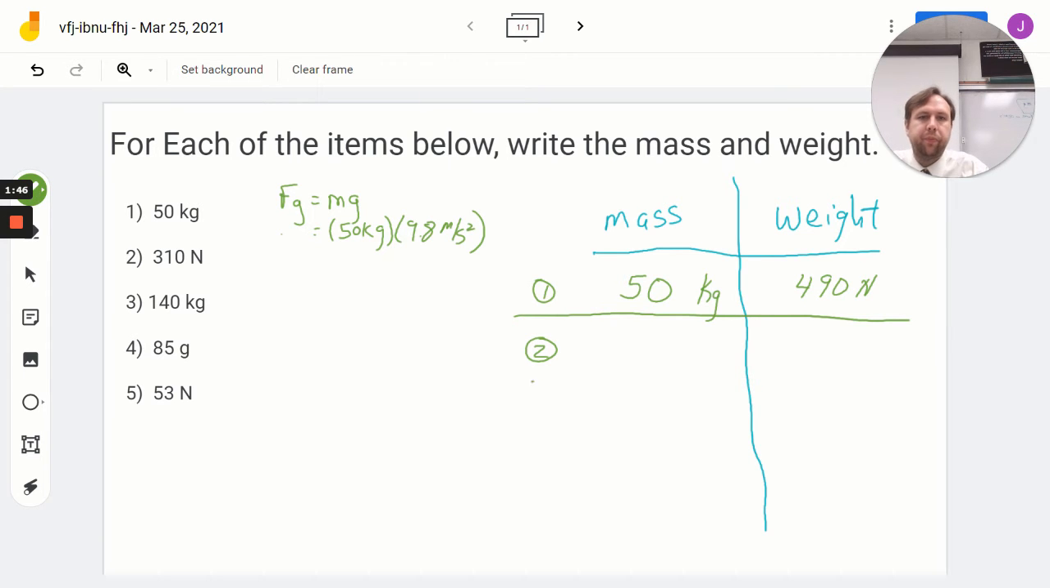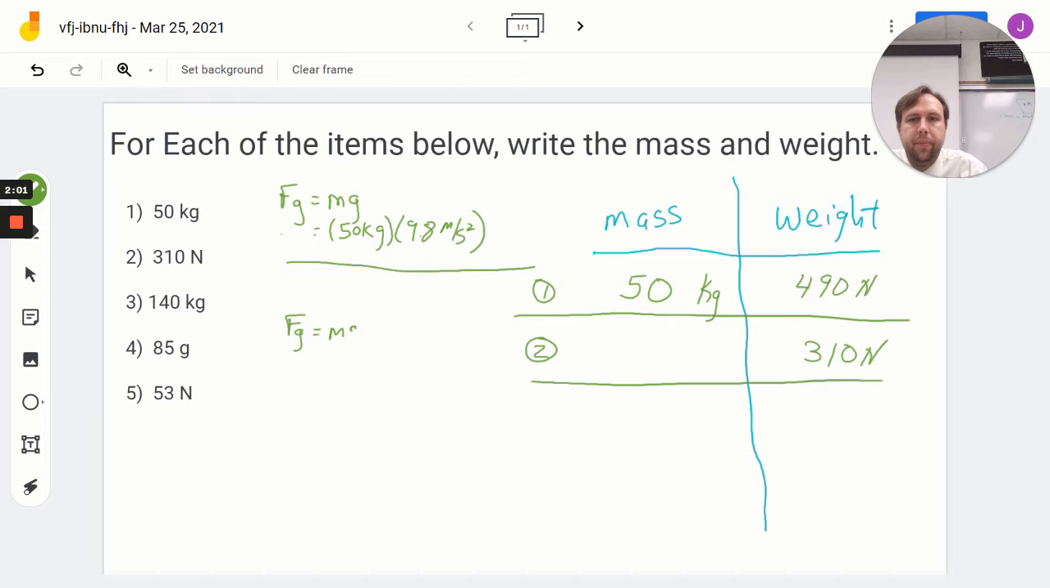Number 2. 310 newtons, that is the weight. And if you are given a weight and we need to get the mass, you use the same formula. I'm going to substitute in for the force of gravity, the 310 newtons. And for g, the 9.8 meters per second squared. So to solve it, I have to divide both sides by 9.8. And so 310 divided by 9.8 gives me 31.6. I have 2 sig figs here, so I'm going to leave it at 2 sig figs and call that